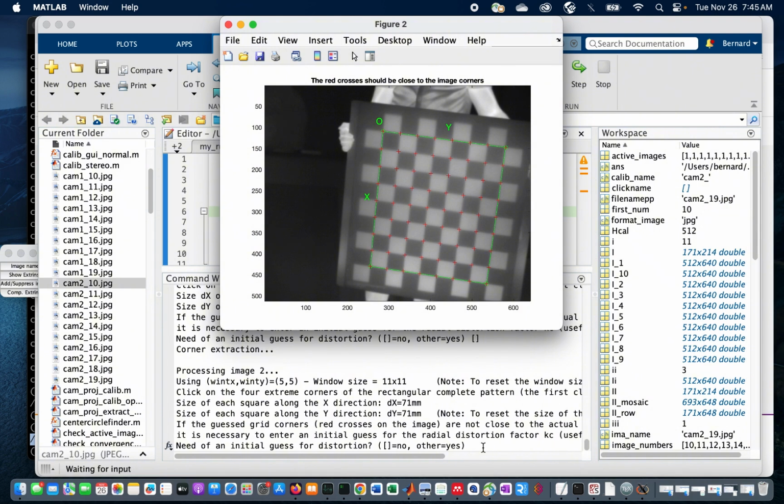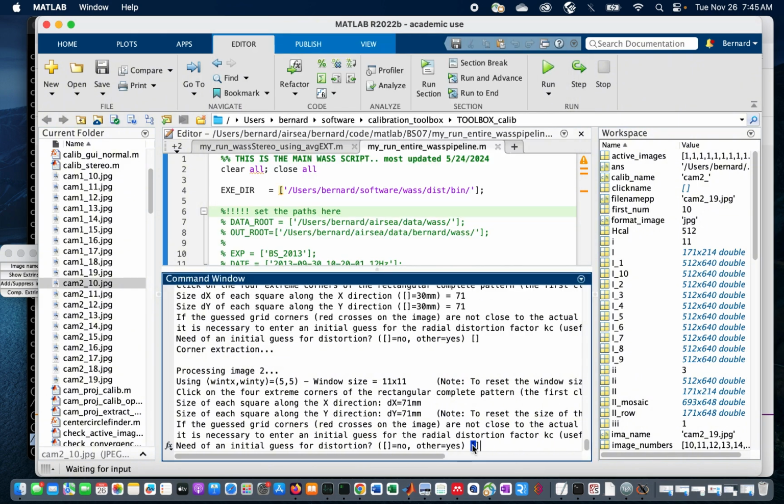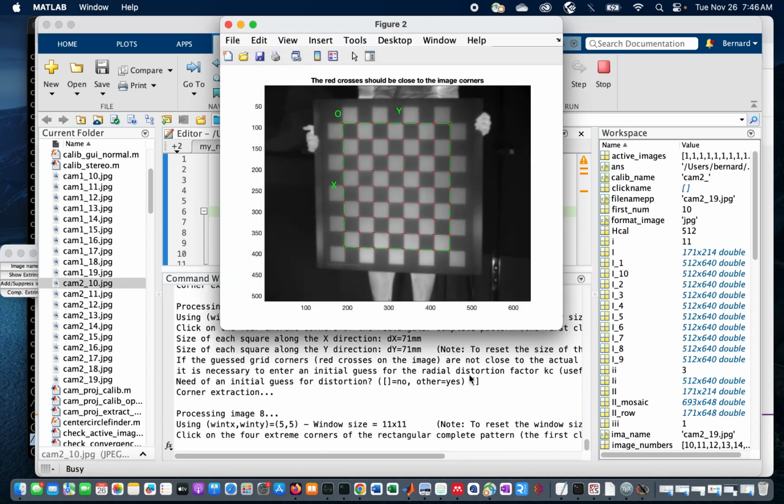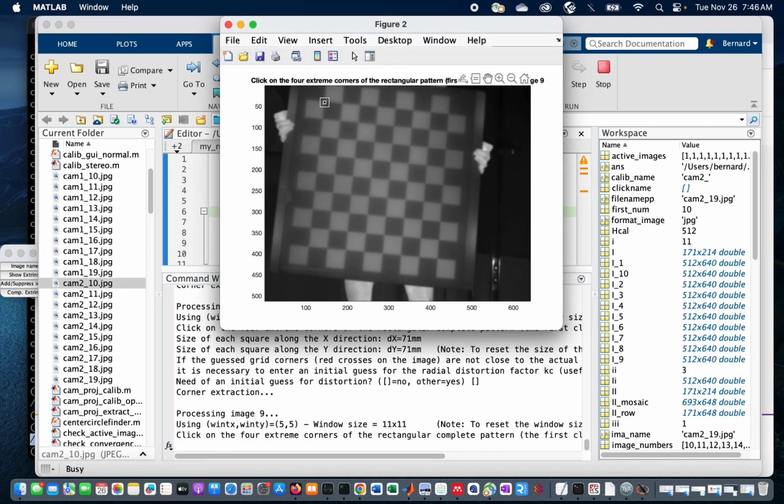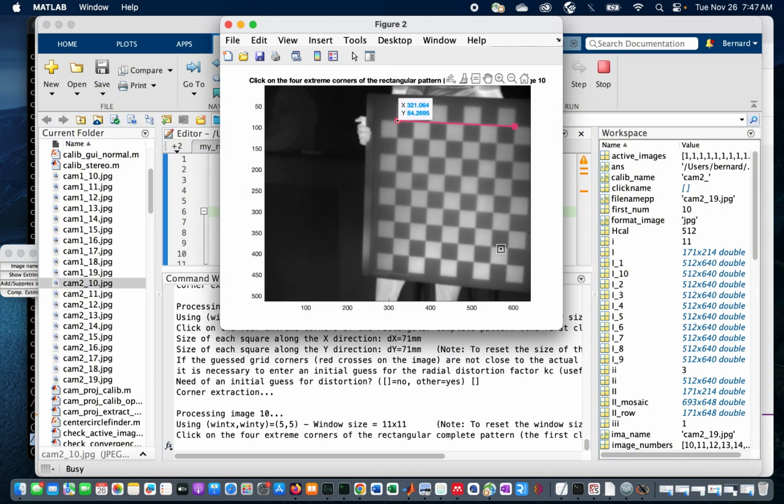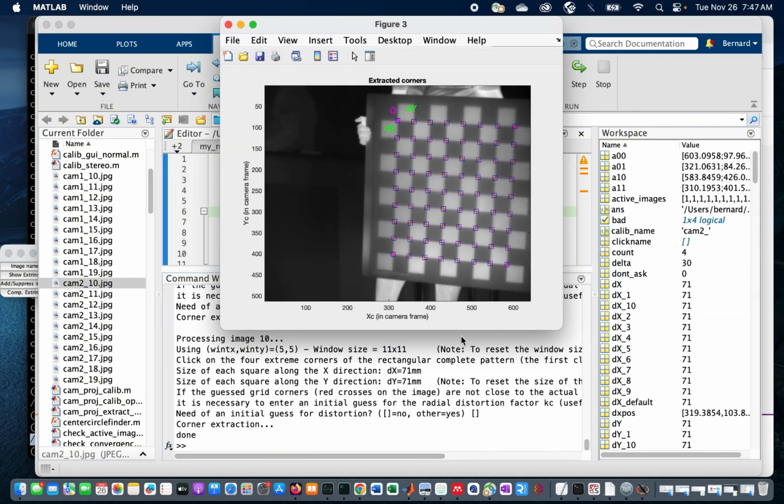And then again, it will ask me for this initial guess, which is quite annoying. Again, each time I have to tell it. Okay, so now I have completed the process of selecting those corners, and it has done the reprojection back to those points, and now I'm good to go to be able to get the statistics of those